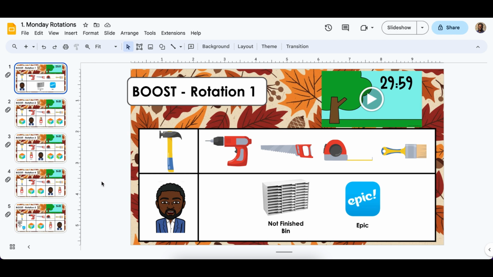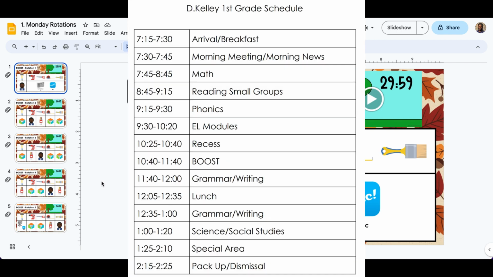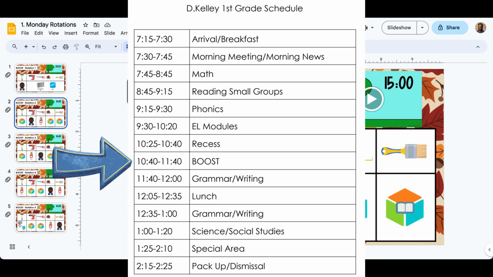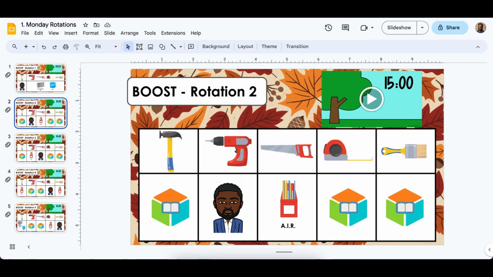Once we get done with that 30-minute rotation for our small group time for my hammers, we come back and do our whole group lesson for our whole group phonics and knowledge block. We have our recess time, and then when we come back from recess, we start our actual boost time. So when we start boost, we actually start on rotation 2. And this is where if I have kids who are in tier 2 or tier 3, they go to where they need to go. I take some of the kids that are coming from the other classroom,